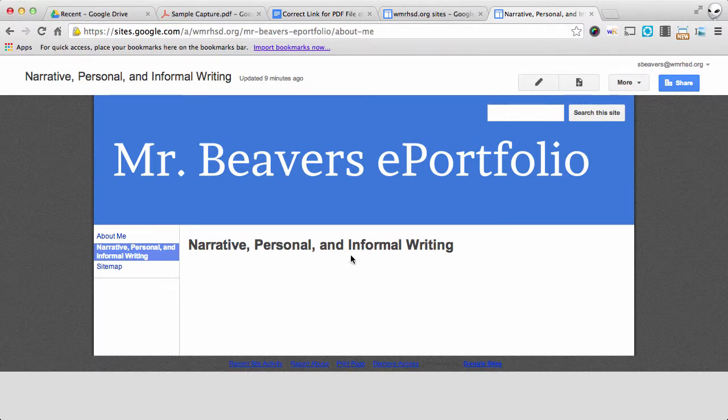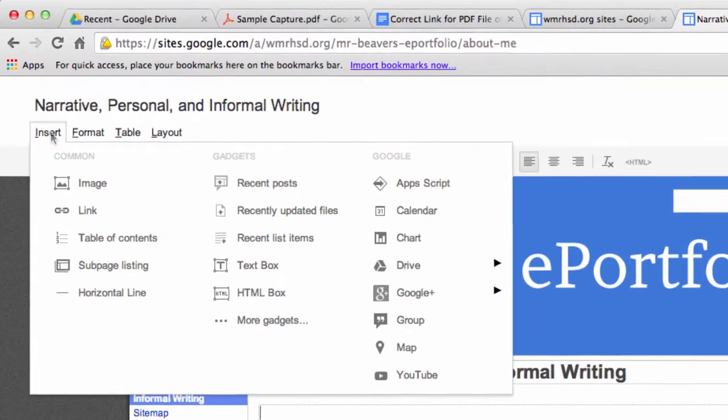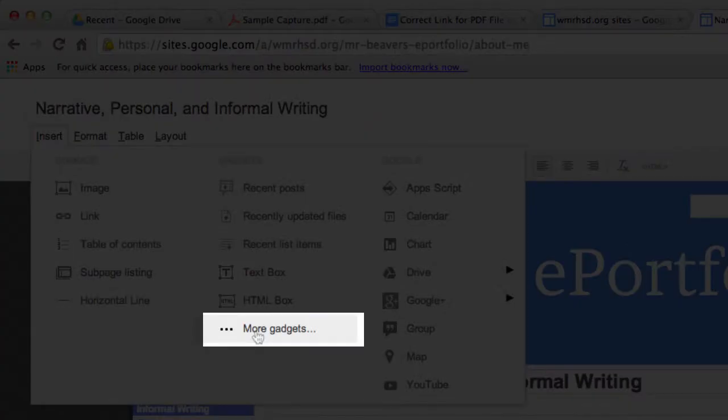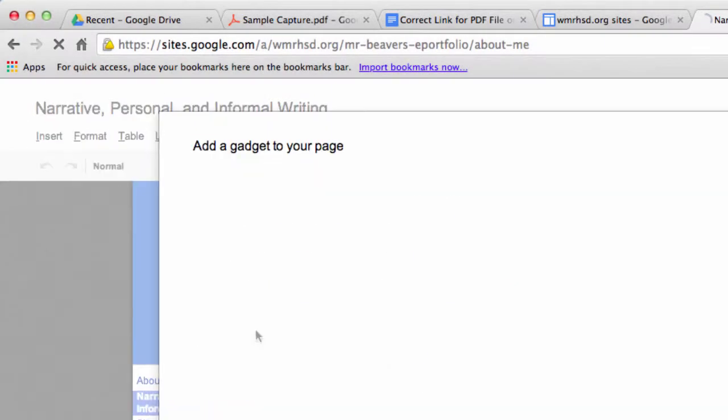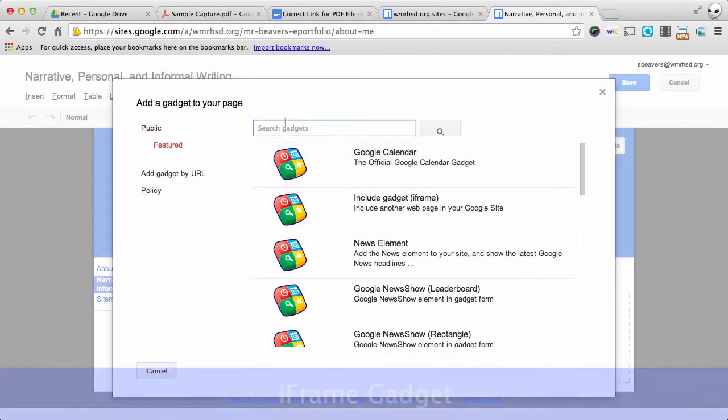So here I am on my ePortfolio website, and I've got my narrative, personal, informal writing page, and I want to paste that PDF into here. So I'm going to click the pencil to edit, and I'm going to go to Insert, and you want to select More Gadgets. So we're not going to use the common gadgets or Google. We're going to go to More Gadgets, and you want to search for iframe,